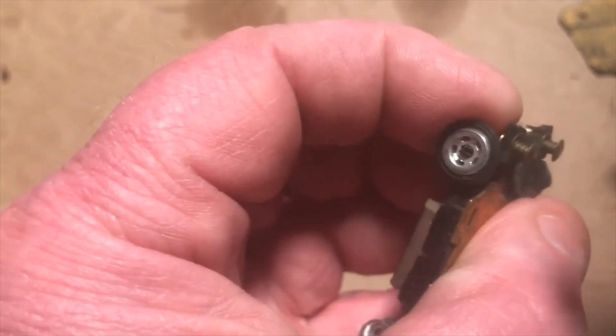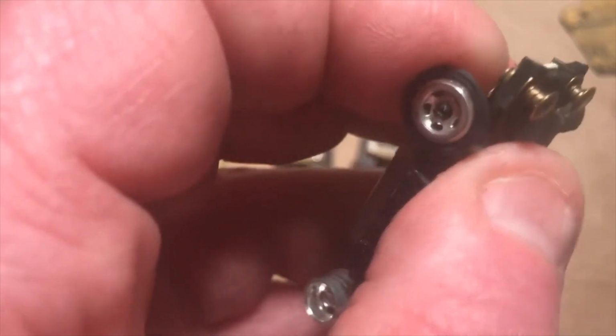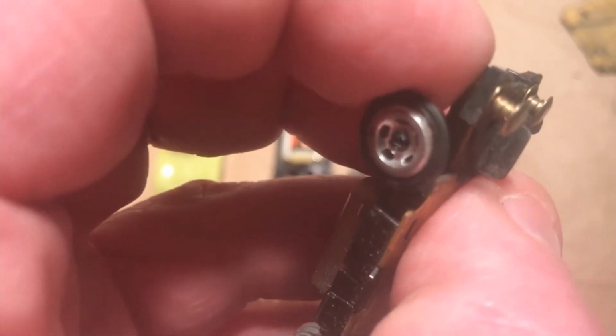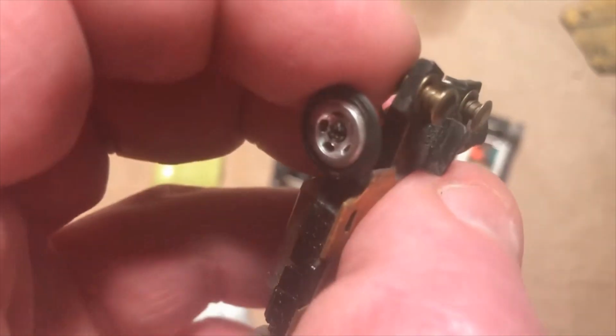And then I would take, it's probably going to be hard for you to see, I would push the button down, and then I would do this with it carefully. And I would do that quite a lot on both buttons. Spin them so you can see you get some shiny in there. And when you have it pressed down like that, you're getting a little bit of the spring. Now you're going to say, well, you're only getting the outside of the spring and not the surfaces that rub together. You're right, but